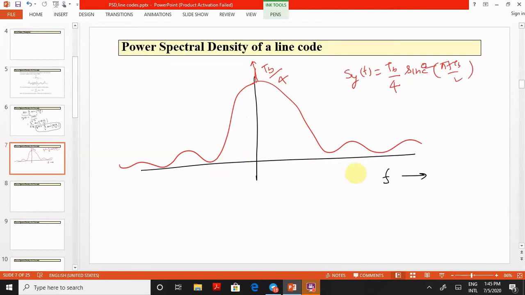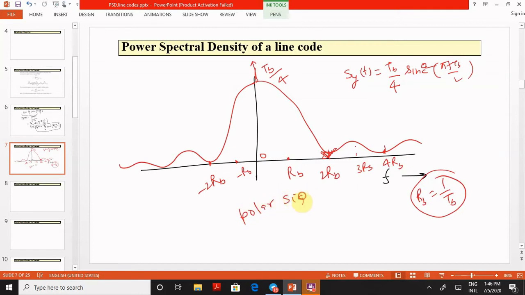If you want to see the values of frequency, then this first null point is basically touching the 0. So the first null point can be at Rb. This is minus Rb, and in between we can have somewhere Rb/2 and here minus Rb/2. This is 0. Then Rb, then here we can have 3Rb/2, and this point can be 2Rb, and Rb is what? Rb is equal to 1 upon Tb. This we should remember. So this is the power spectral density distribution of a polar